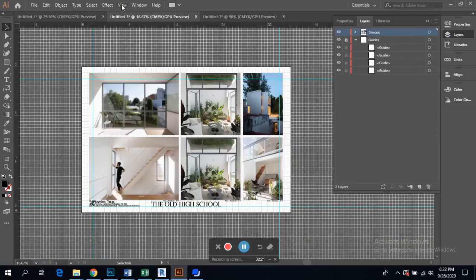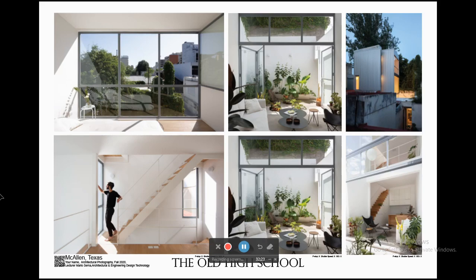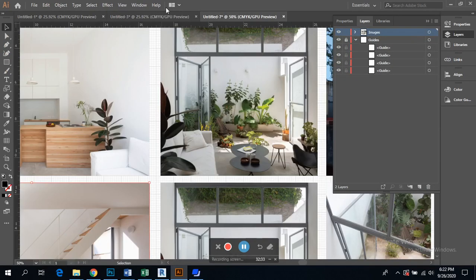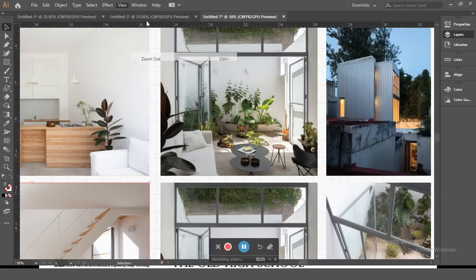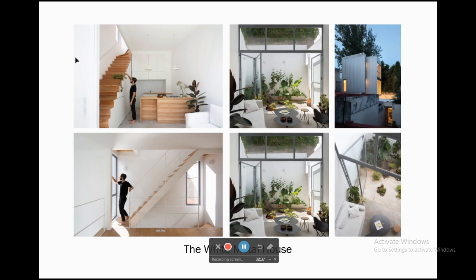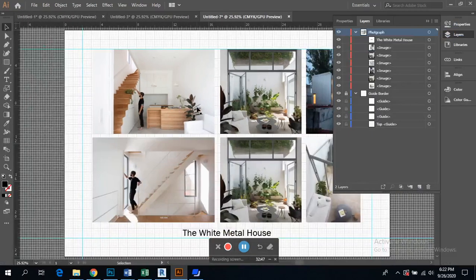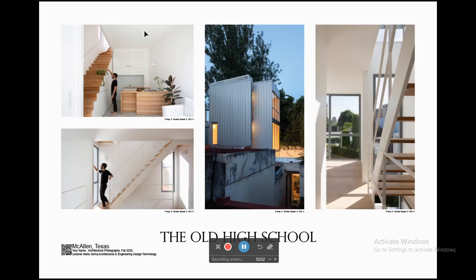And if we look at the other one, View, Presentation Mode, you see how it looks clean and organized, and it really is able to highlight your images. Same thing with this one, View, Presentation Mode. Again, you can see which one you like the best. This one has a bit more border. It's a bit wider here. So I always like to have the border symmetrical, the same all around. I think that really helps